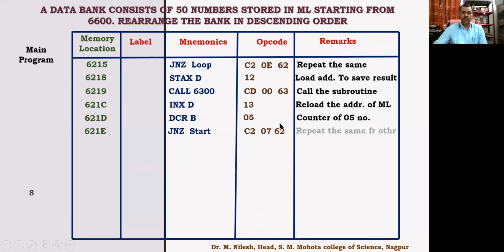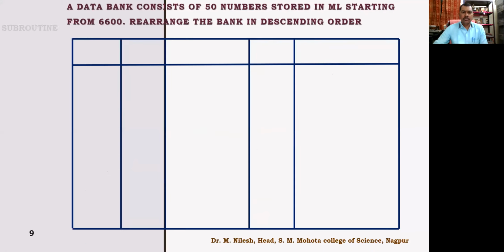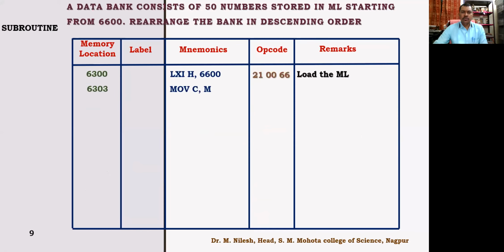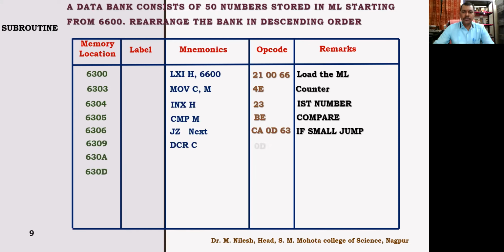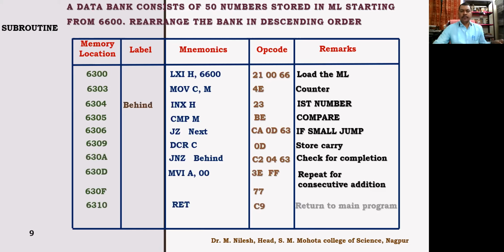If you want, you can take a snapshot of this and put it on your mobile phones. So this was the second page of the main program, and then we are having this as the subroutine to replace the smallest number by FF, right? So I can show you that also. Just hold it for a second. So this is complete. This is for the subroutine. This is the subroutine that we have done.